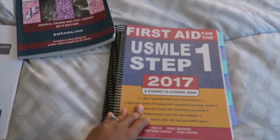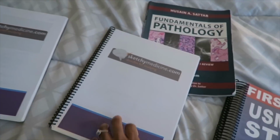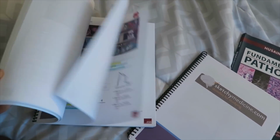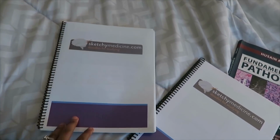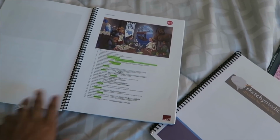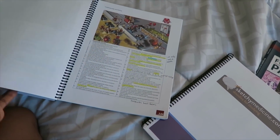of course First Aid, and then Pathoma, and then Sketchy Medical. So I have the pictures for Sketchy Micro and take notes and highlight, as well as Sketchy Pharm. I use Sketchy Pharm a little bit throughout second year. The pharm videos are way longer than the micro videos, but recently I wasn't using it during the first half of my study period, but I recently started using it, and I've noticed I'm doing way better on pharm